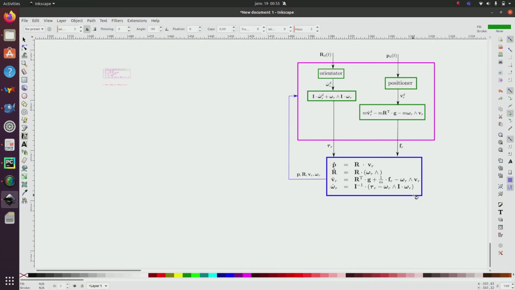Recall that we have a 3D body like this one, described by this state equation, where I can change the resultant Fr, and I can choose as I want the torque tau r. If I want to reach a given position, for instance this one, with a given orientation Rd, so the desired position and desired orientation, then I can use this controller.